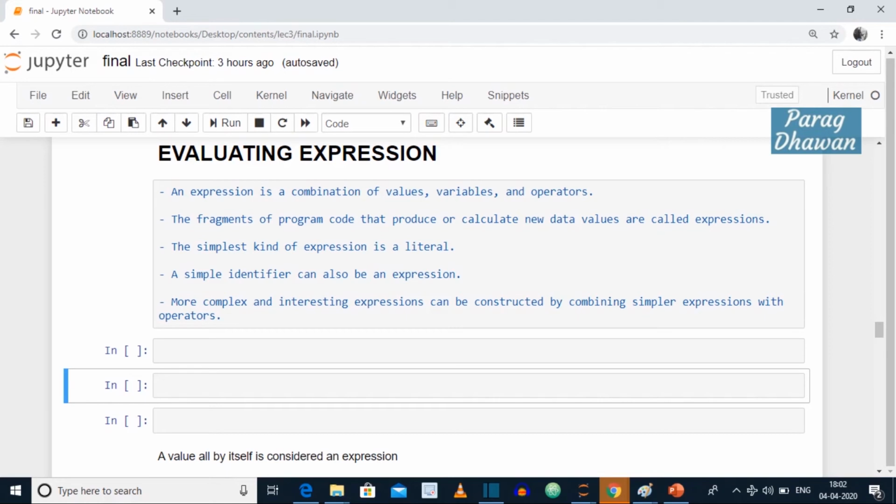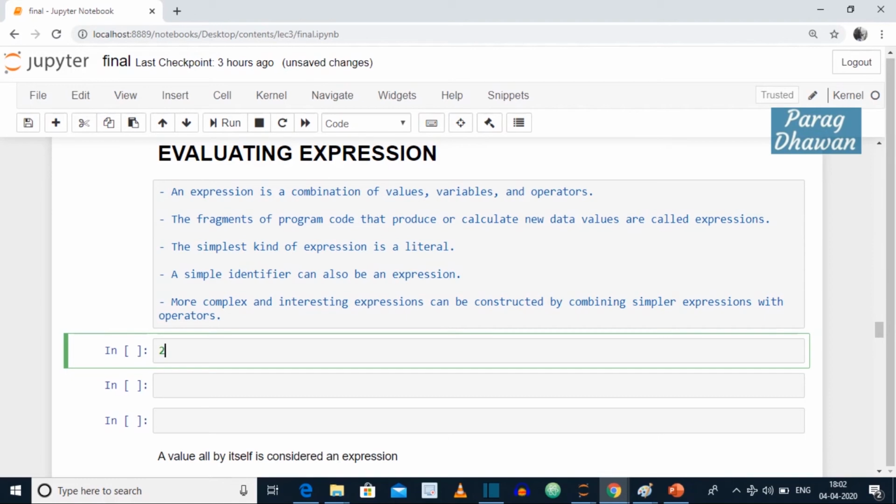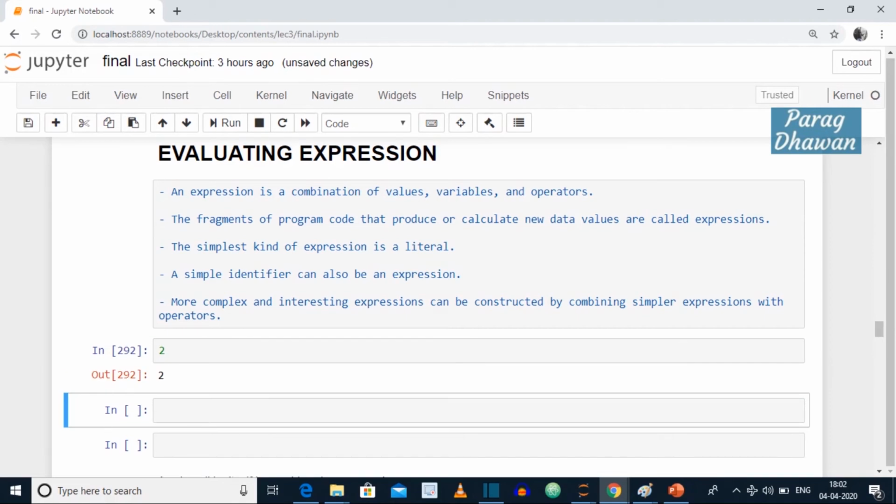More complex and interesting expressions can be constructed by combining simple expressions with operators. For example, you have 2, which evaluates to 2, and the expression a is equal to 5. Shift enter.